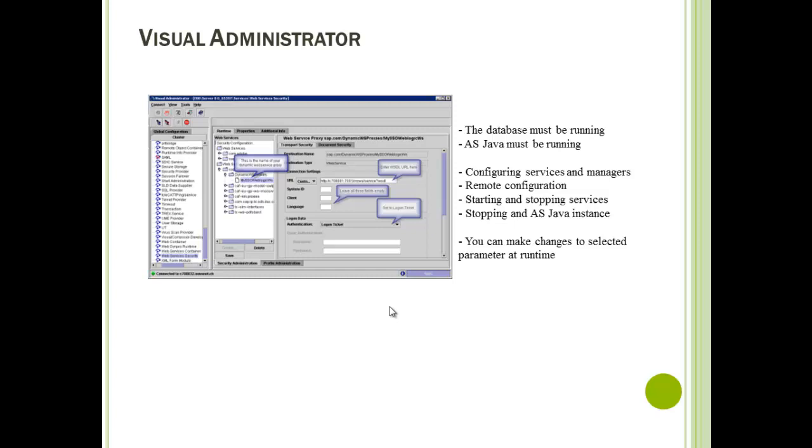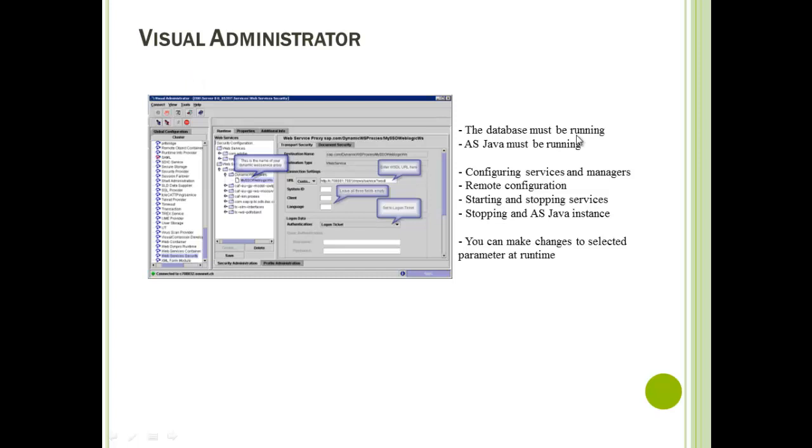The next tool is Virtual Administrator. Basically, with Virtual Administrator you can log on to the P4 port of the AS application server Java instance. You will see this P4 port configuration in many places. Let's say if you are doing HTTP tunneling and similar things, then you will see the P4 port enabled, which is used in Java. Therefore, the application server Java instance must be started in order to run the